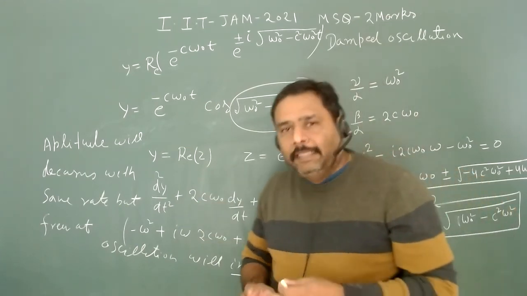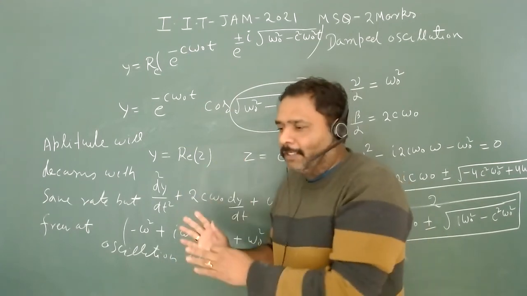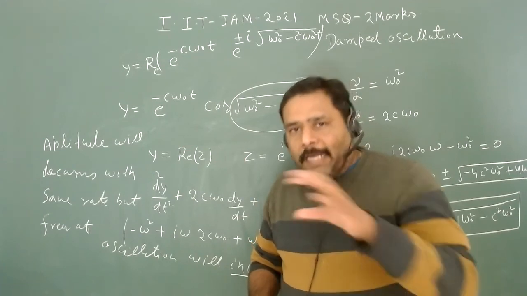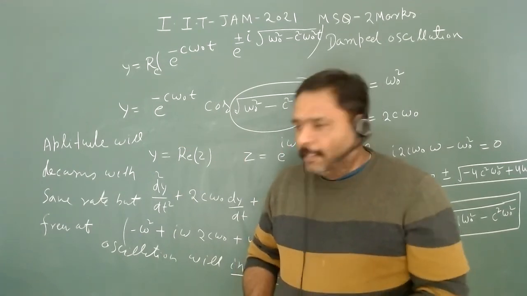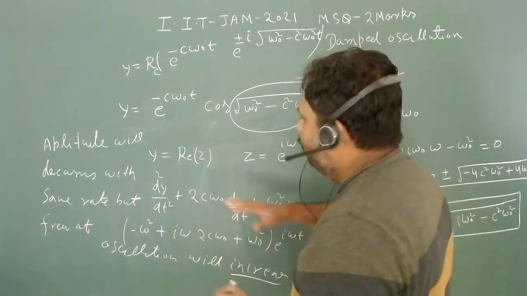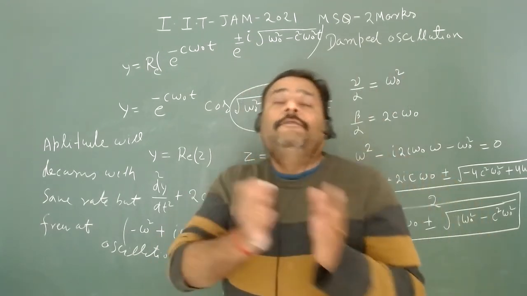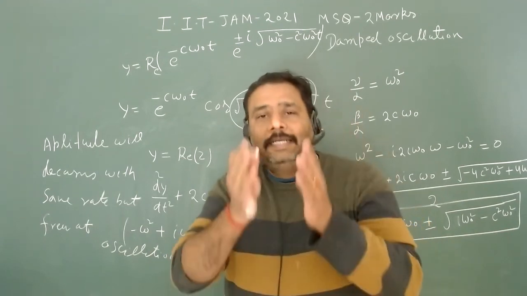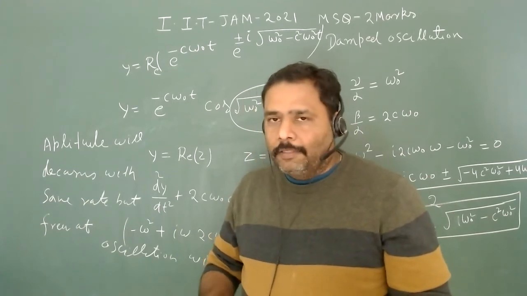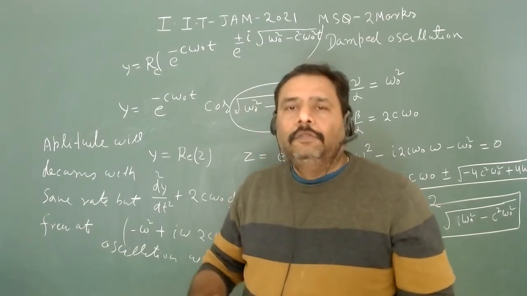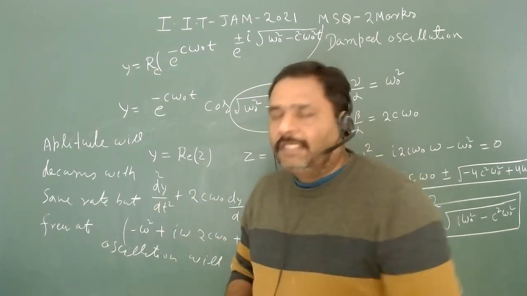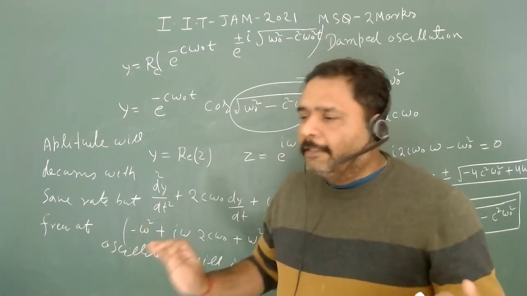There is not any need to remember any formula in this particular topic, because the examiner will always trap you in the notation. Because in the book, what we have read is that in the differential equation, gamma will be part of the damping, but here it is given as part of the oscillatory part. So always try to solve this type of problem with the first method, the basic method, such that there is no confusion.